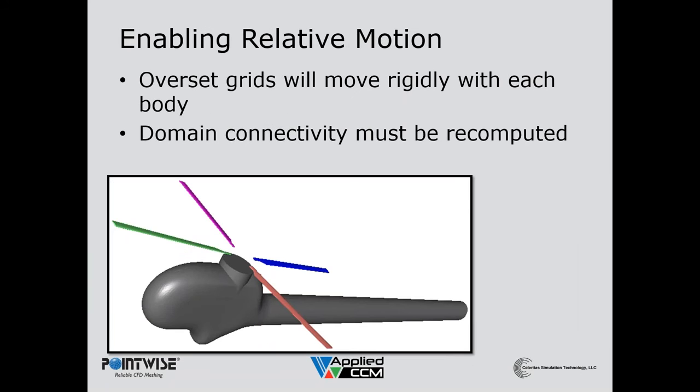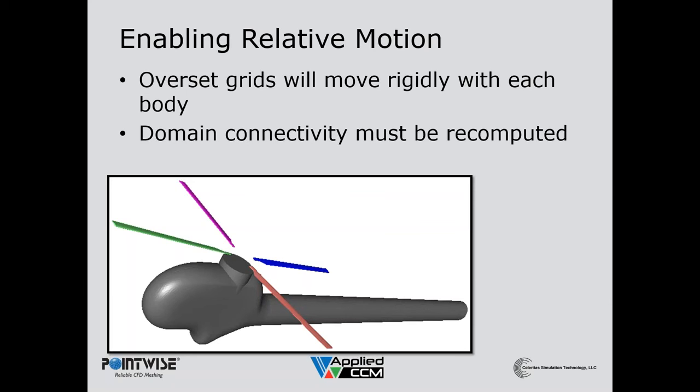One of the big capabilities that overset grids provides is to enable relative motion. In this case, we have a component grid for the helicopter fuselage and a single grid that is duplicated for each of the rotor blades. The moving body rotor blade grids will move with each blade and not require regridding to accommodate the motion. Flexibility and deformation of the rotor blades can also be accommodated within the overset assembly process. The important thing is that we don't have to regrid, but simply need to recompute the overset domain connectivity at